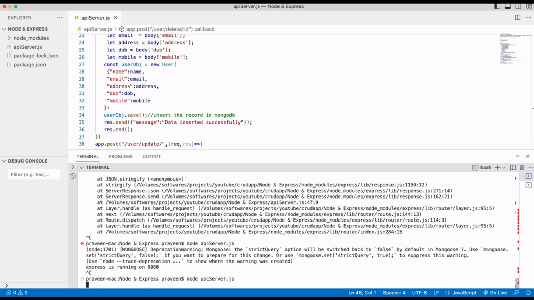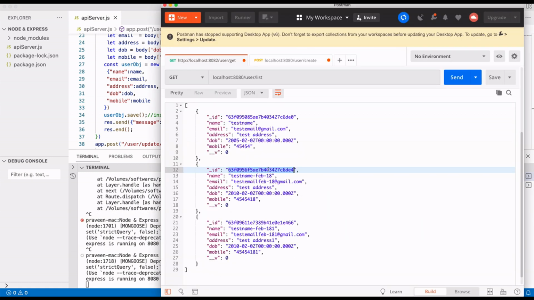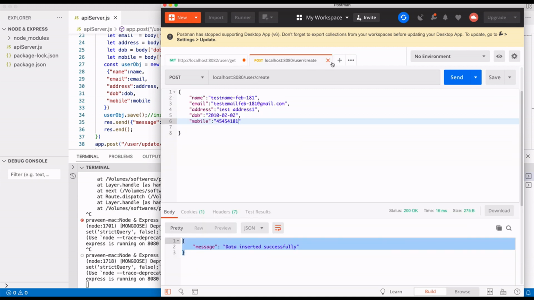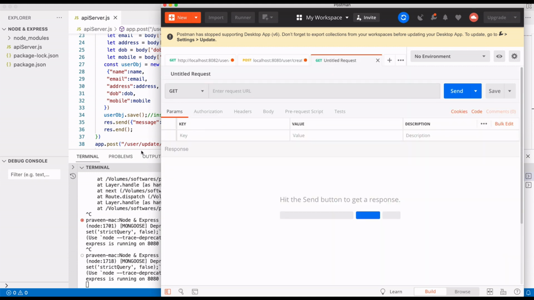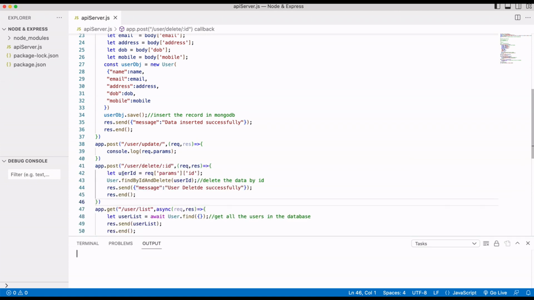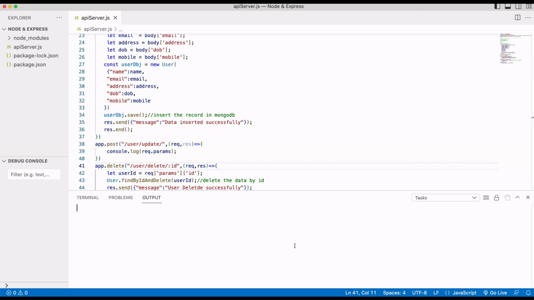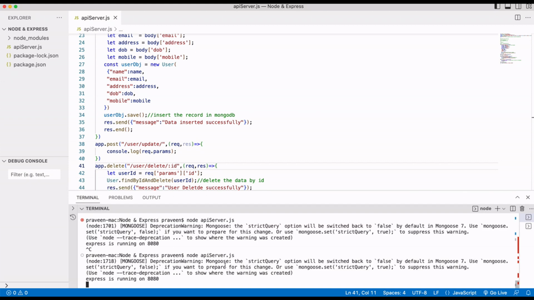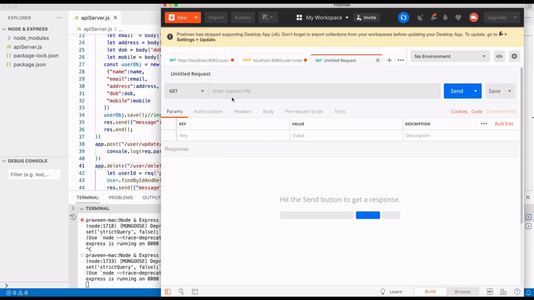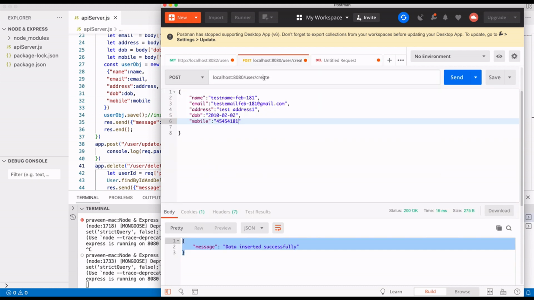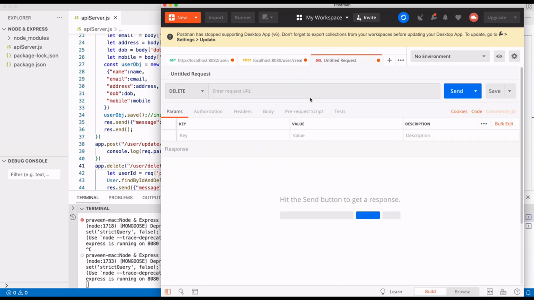Let me close it and run one more time. And yes, this is the ID. I don't know whether it is working fine or not. Let's see. For delete we are using a delete method itself. Let me console. So yes, I can provide the delete here, and this is the ID. Copy this URL, go to Postman,